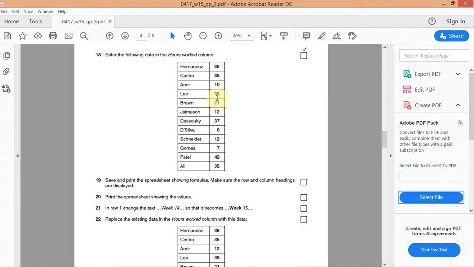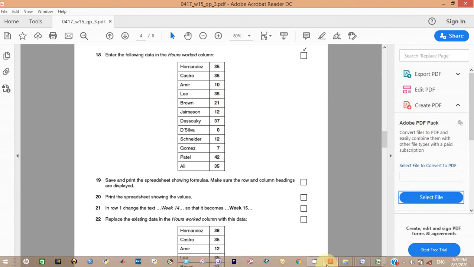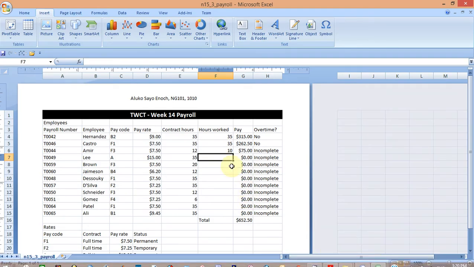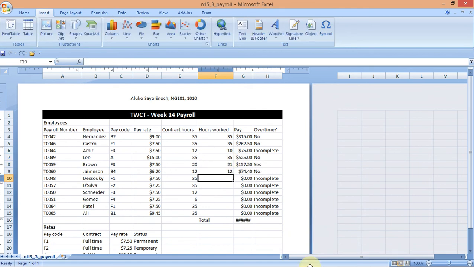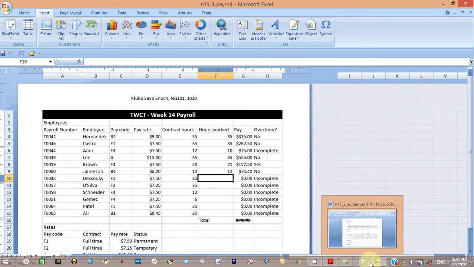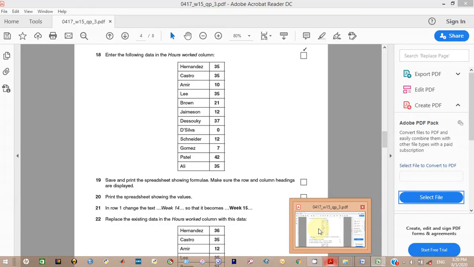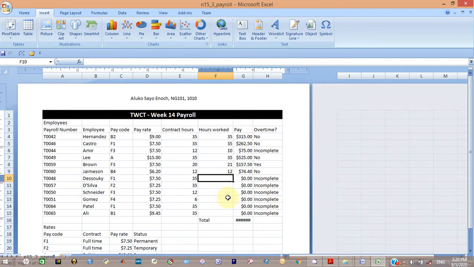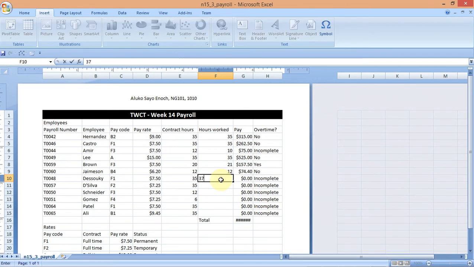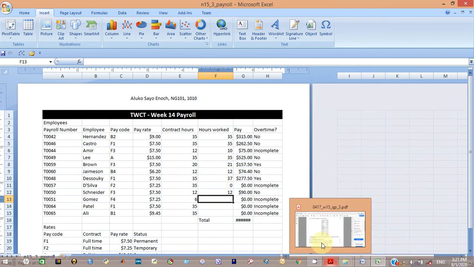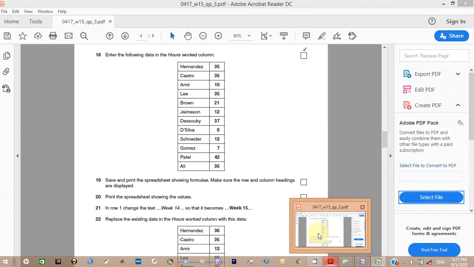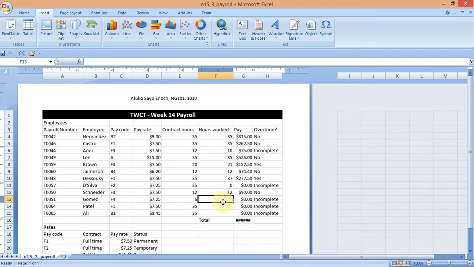So the next data to be entered is 35 21 12. Then the next set of data to be entered is 37 0 12. Then the next set of data that we have in there is 7 42 35. Guys, you see how everything is changing,